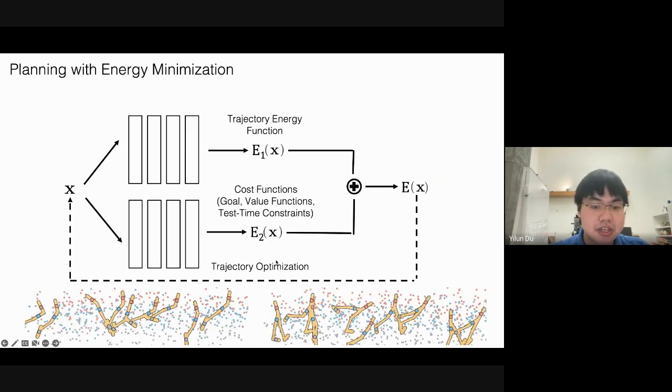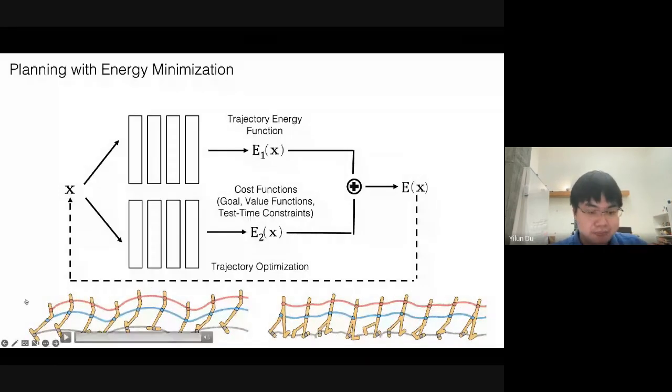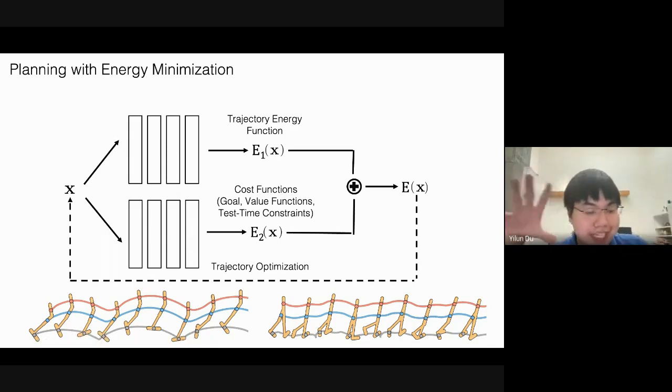So here I'm going to visualize the trajectory optimization procedure. Imagine that each of these dots are joints of a MuJoCo robot. This is a hopper and this is a walker. At the beginning, the points are random, so they're not really in a coherent trajectory. As you run this trajectory optimization procedure, you essentially get a consistent trajectory. Each of these points is now connected to each other and forms a reasonable trajectory. Whenever this procedure happens, you run optimization on these joints subject to these external cost functions or constraints.